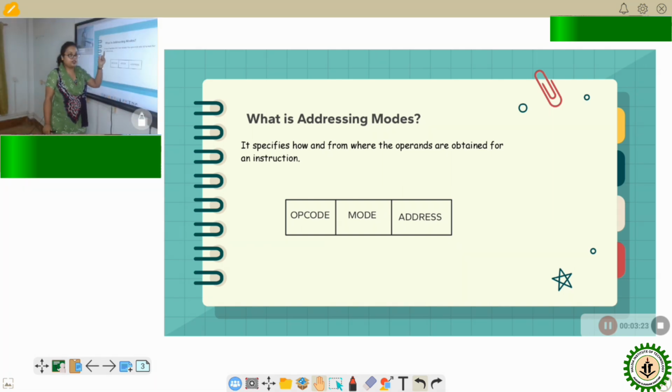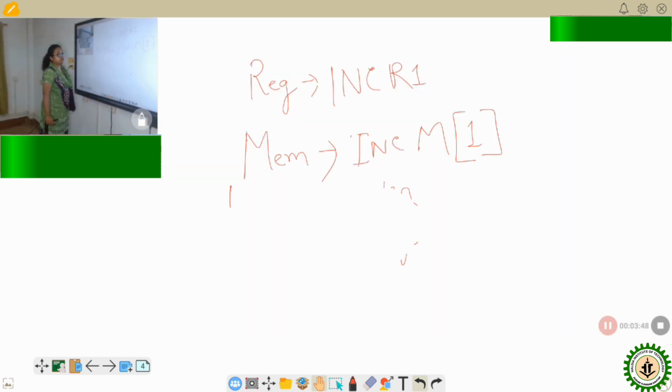It specifies how and from where the operands are obtained from an instruction. The purpose of addressing mode is to give the CPU flexibility in design. There are different types of addressing modes: